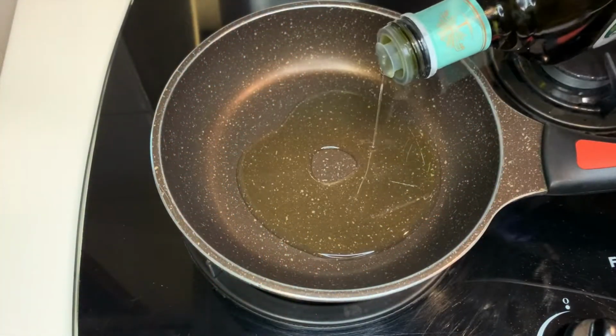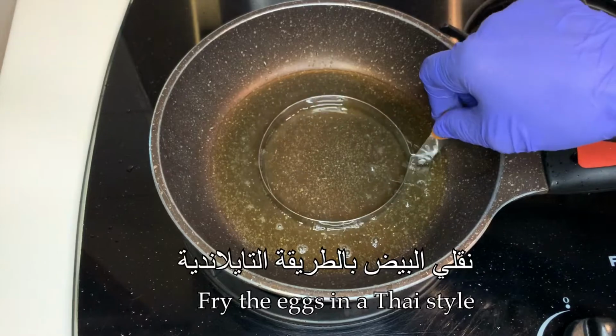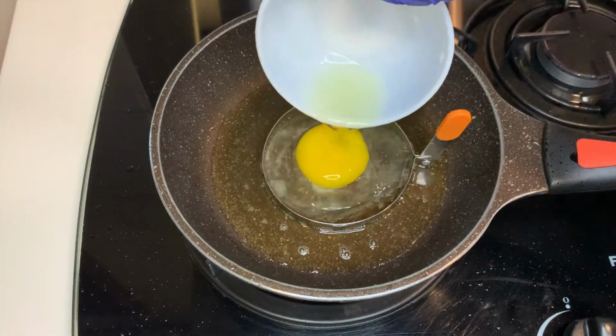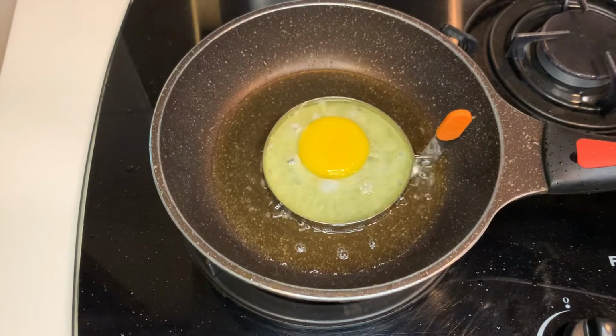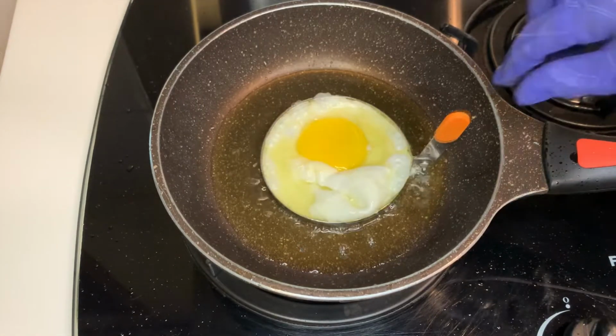Now, it's time to fry the eggs the Thai style. As you heard me, we are frying the eggs. So in a pan, add a lot of olive oil. Actually, I did not add as much oil as it's recommended to be, and I added olive oil instead of veggie oil. After you add the oil, and when the oil is hot, crack the egg